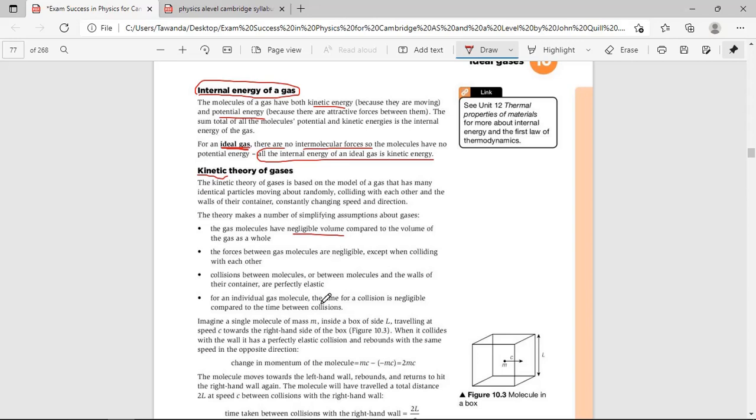So meaning to say, we are going to assume that the gas molecule is a tiny particle. We are going to neglect its volume. We are going to neglect its volume. Then the second assumption,